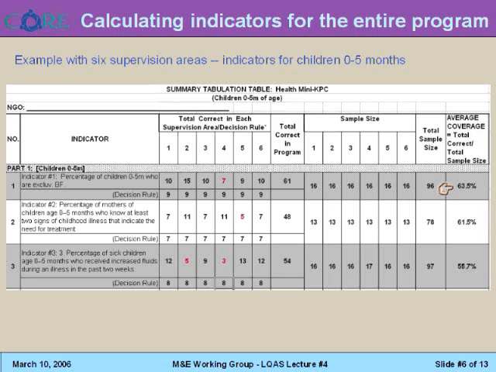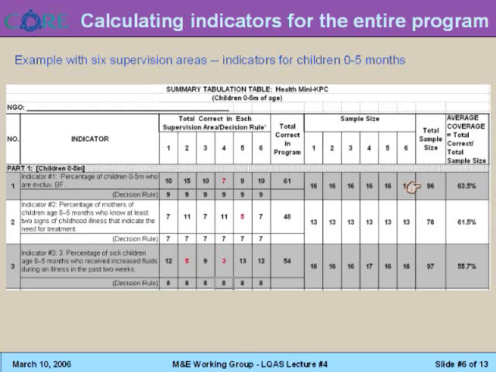So the value of 63.5% represents the average coverage for indicator number 1. And again, this is the result of dividing the aggregated number of correct responses, 61, over the total sample size,